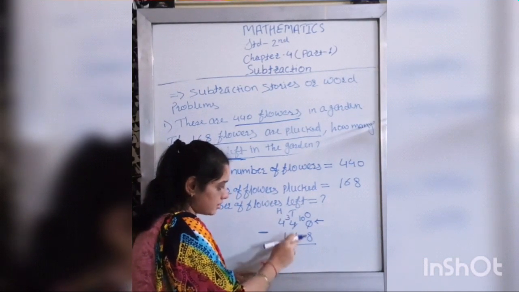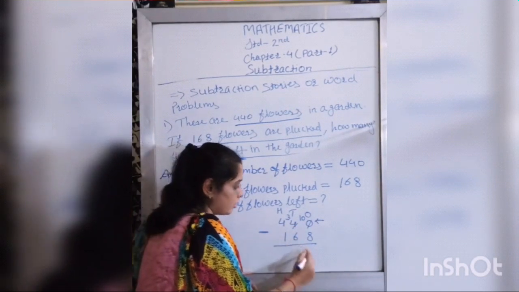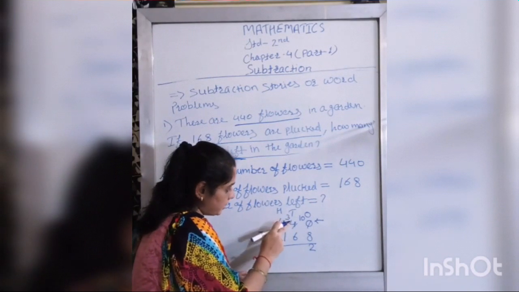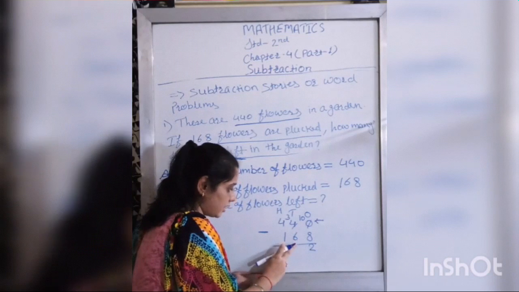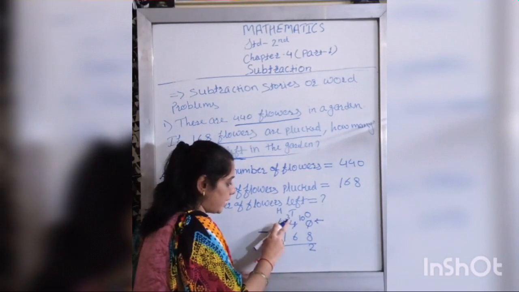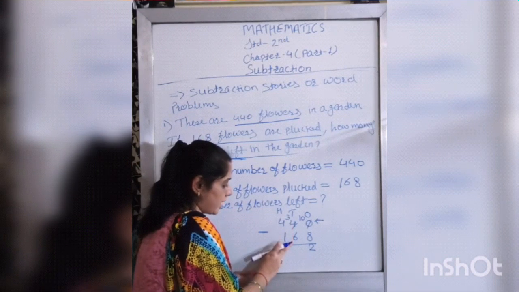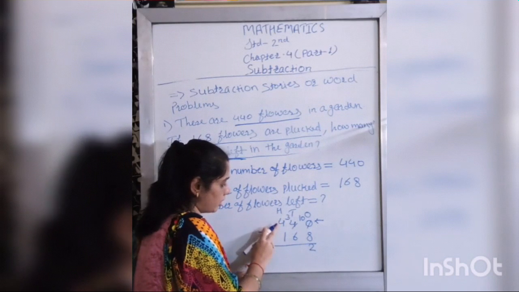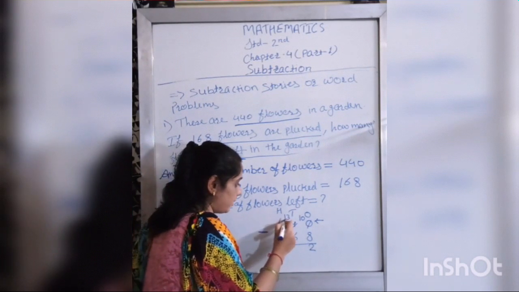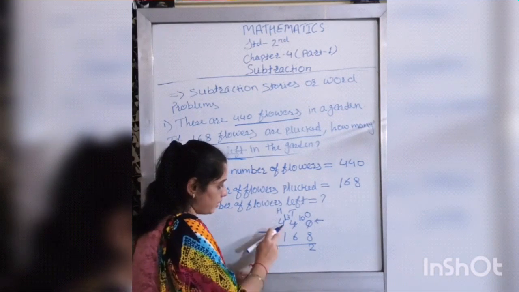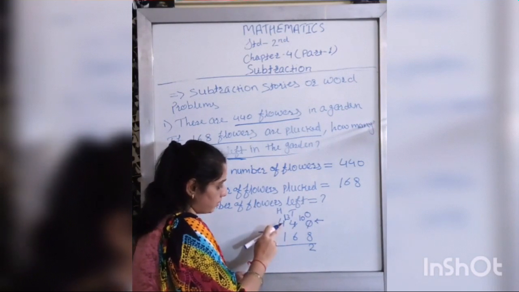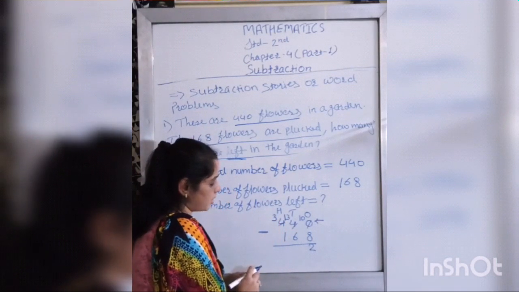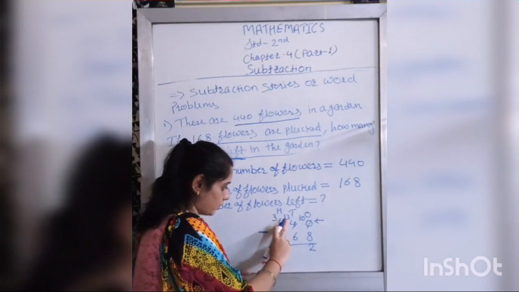Now can you calculate this? 10 minus 8 is equal to 2. Now the numbers on the tens place. 3 minus 6. Here 6 is bigger than 3. We cannot subtract 6 from 3. So we will borrow 100 from the hundreds column. So this 3 will become 13. As we borrowed 100 from the hundreds column, so this 4 will become 3. Now subtract 6 from 13.